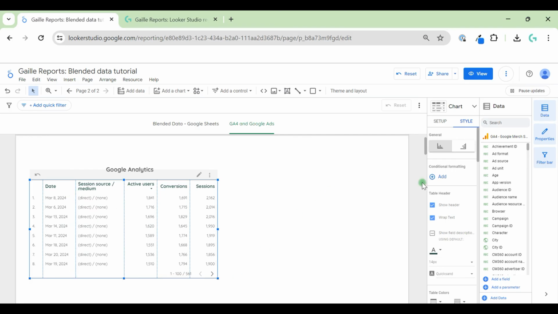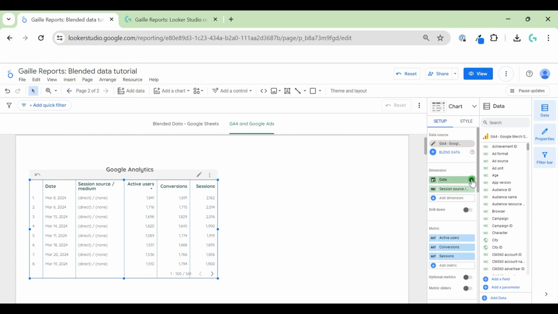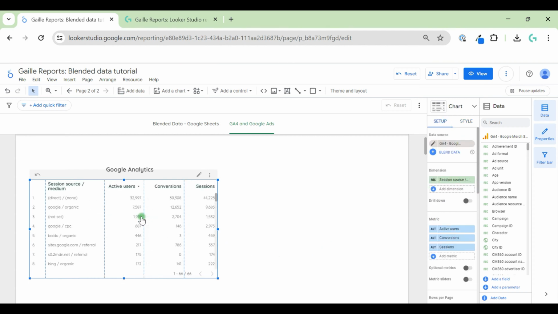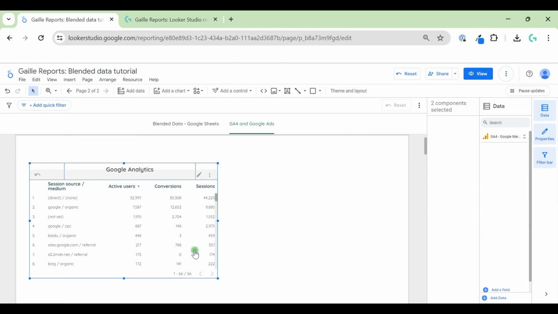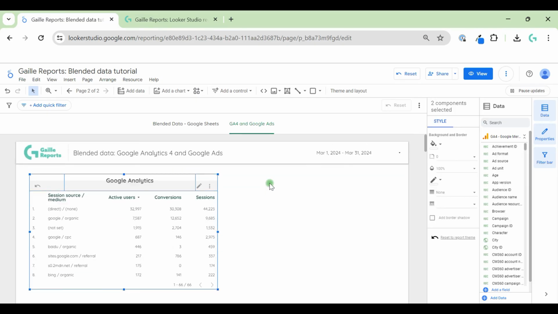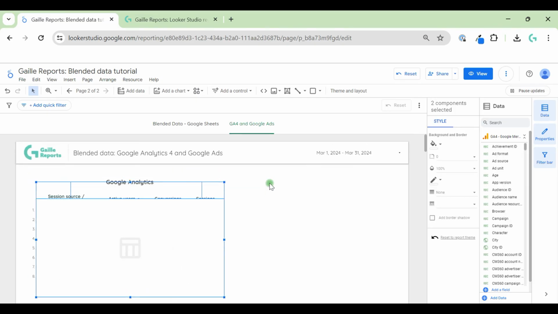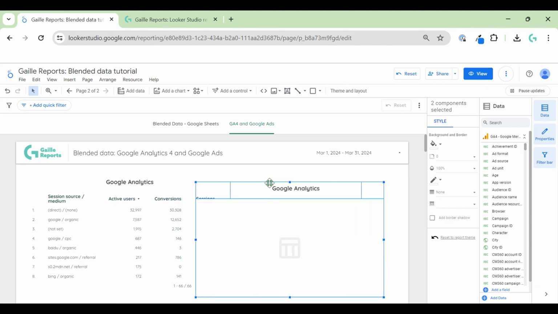For example, I can remove our date column and we will see all source medium. Yeah, we have Google CPC data, so great. This is our Google Analytics data. I will copy this